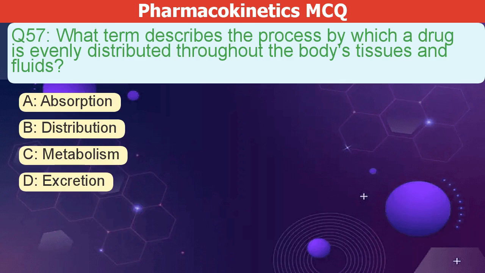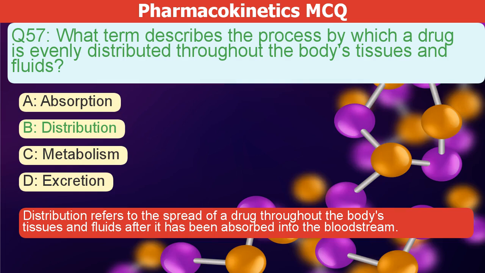What term describes how a drug spreads evenly throughout the body? A. Absorption. B. Distribution. C. Metabolism. D. Excretion. The correct answer is B. Distribution refers to the spread of a drug throughout the body's tissues and fluids after it's been absorbed into the